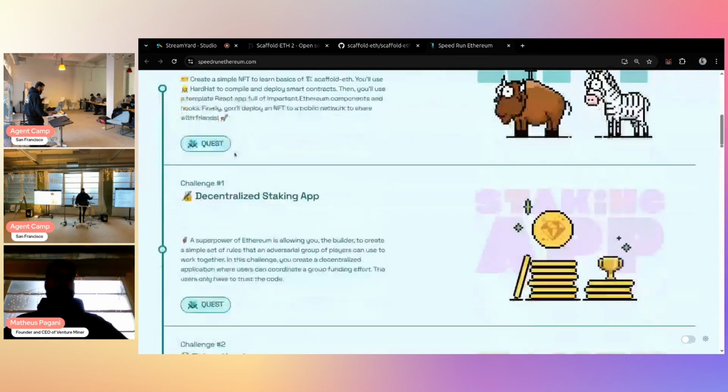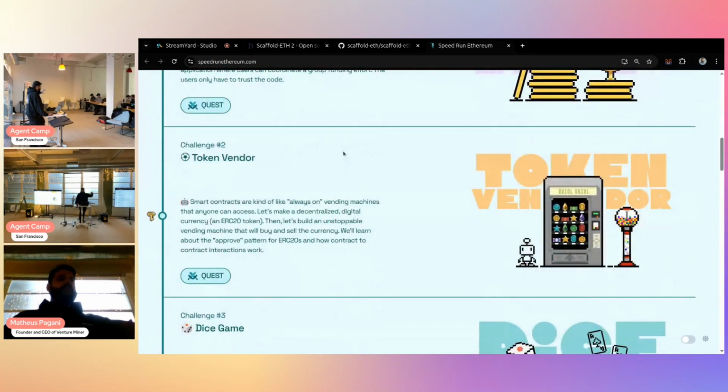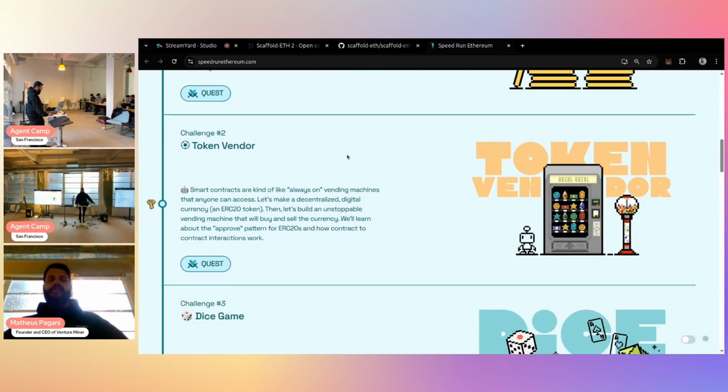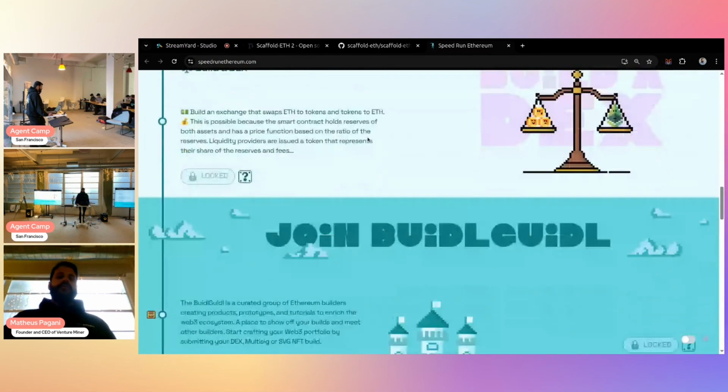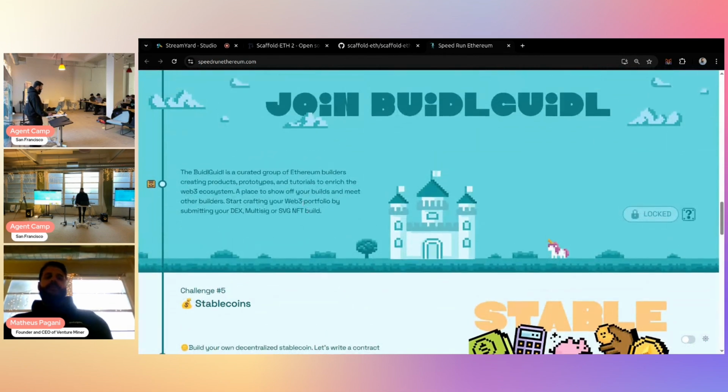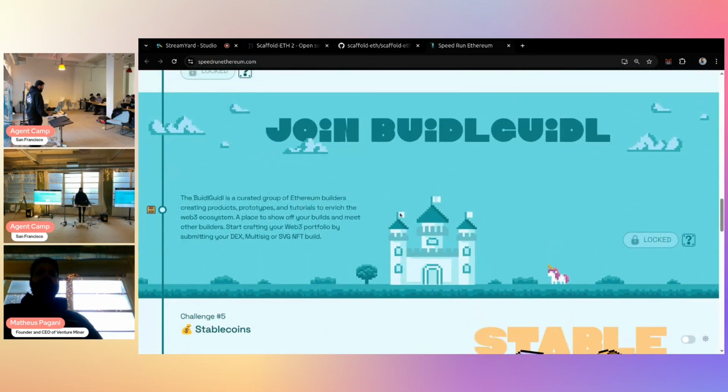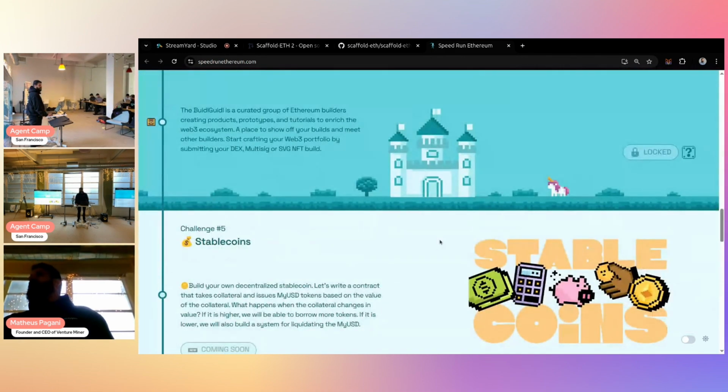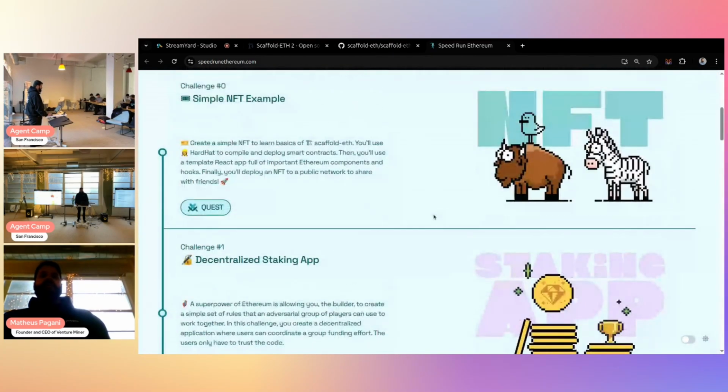Whenever you do these challenges, you are going to know how to work with the smart contracts directly, how to work with the blockchain, with the architecture of blockchain through these challenges. And if you complete 4 of them, you can even join the guild, join the BuidlGuidl. Become a builder. It's not a typo, it's really Buidl, with a D. There's a whole story behind it. And then you can stream ETH. There's a very good community behind it.